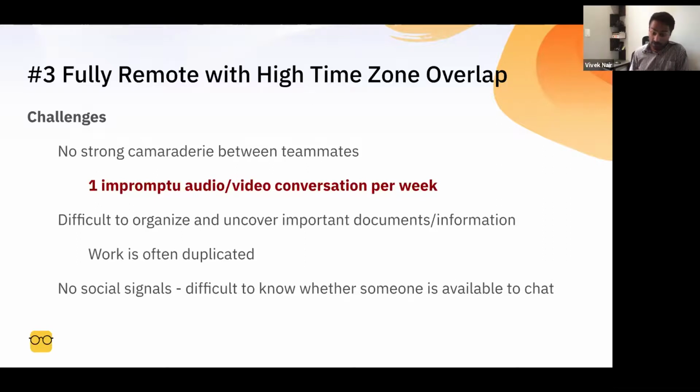Another social signal would be if two of your coworkers are chatting around the water cooler and they're laughing about something, you can probably go and join them. They're probably not talking about something that's super serious. They're probably bantering about some non-work topic or some work topic that's inclusive to other people inside of the office. So you lose those social signals, which are really value additive in knowing whether somebody's available for a chat.